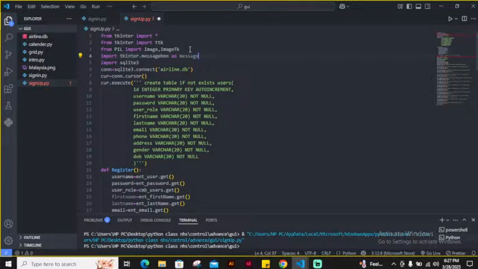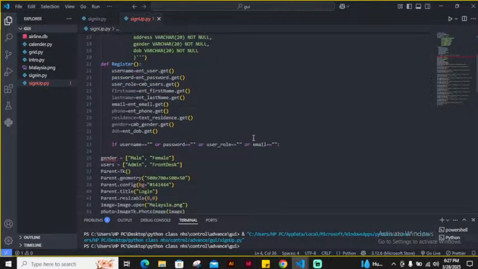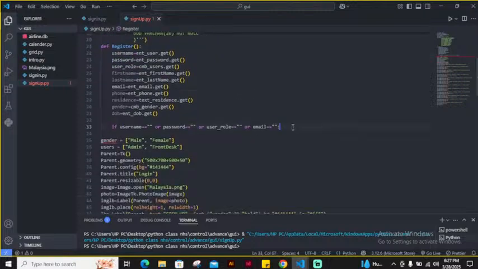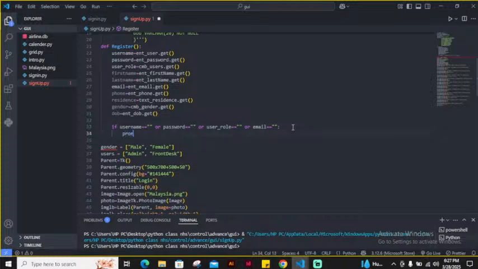Do I need to explain this? I think I made mention of name alias when I was teaching you guys modules. So this tkinter.messagebox, instead of me typing it inside my code, I can call it message, or you can call it prompt. This is just a name alias. Instead of calling tkinter.messagebox, I'll just say prompt. That's easier for me to make use of. So I'll just say prompt